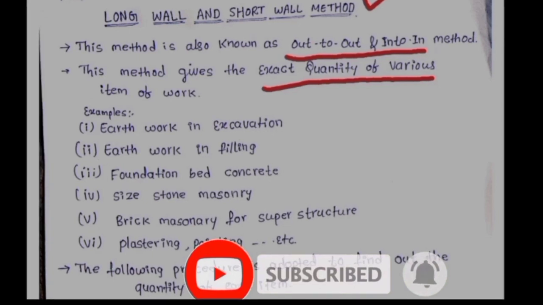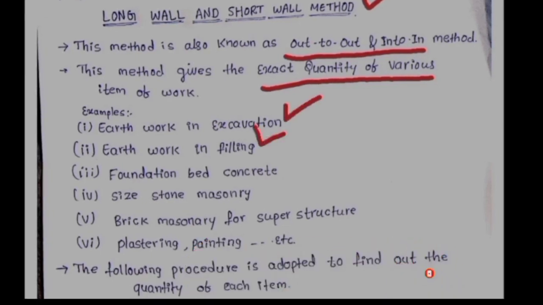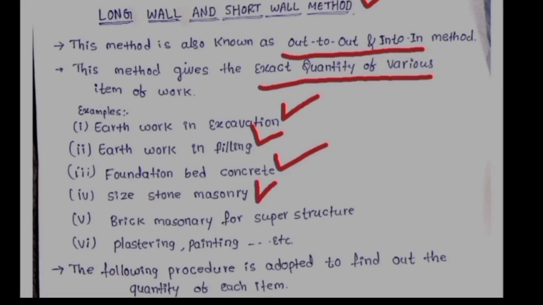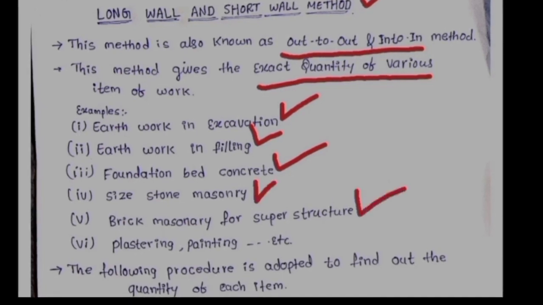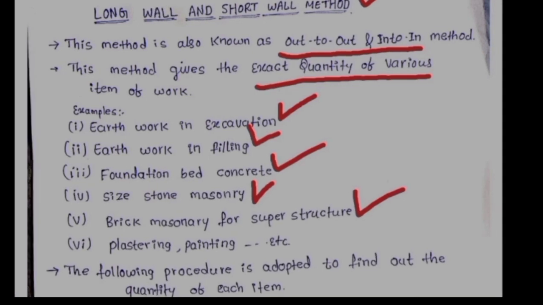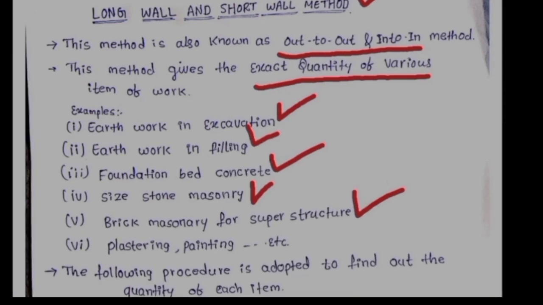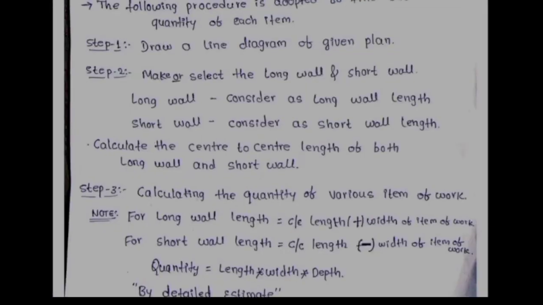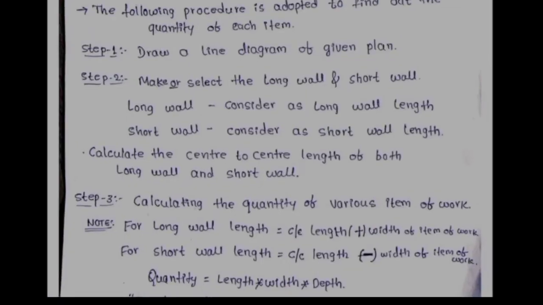For example, earthwork in excavation, earthwork in filling, foundation bed concrete, that is the PCC, and size stone masonry for the footings, and brick masonry for the superstructure. It includes the main wall and partition wall, and plastering, painting, etc. Basically, this long wall and short wall method is very simple to estimate the quantity of the various items of